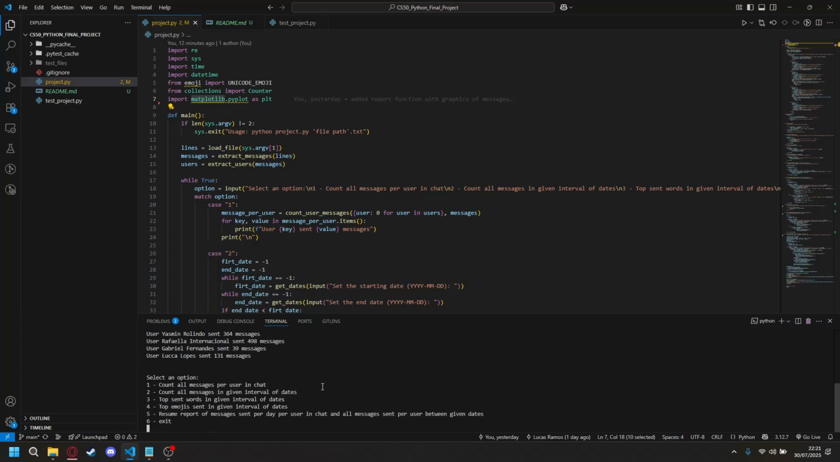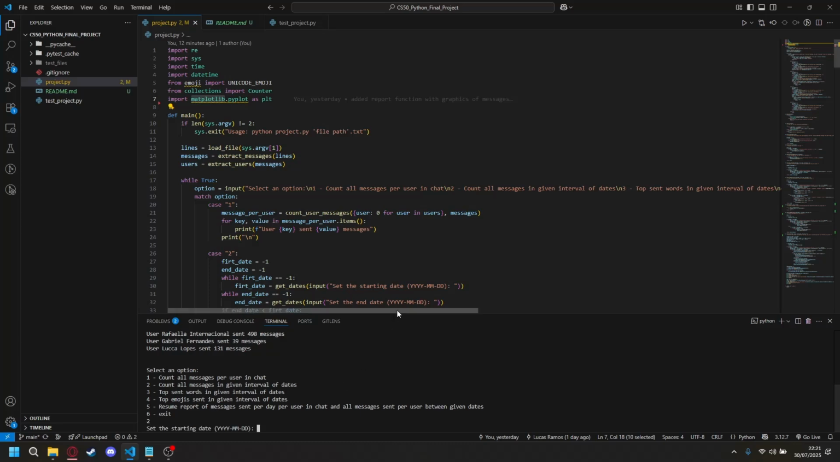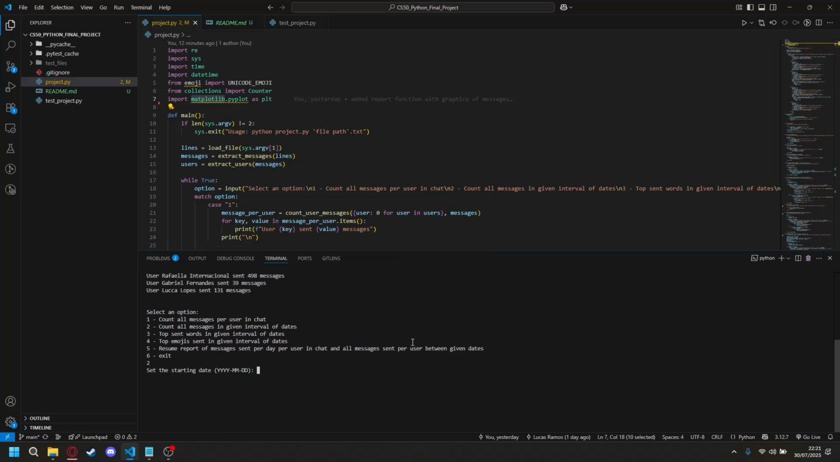And number 2, count all messages in a given interval of dates. We can set two dates. The date is given in year, month, day format, and if you don't give a valid date, for example the 30th of February, it won't work. It will say incorrect date format, and you should give a valid date format. I will test here with